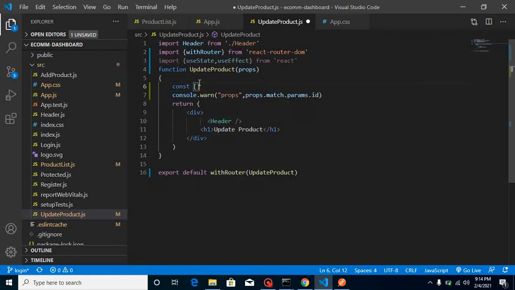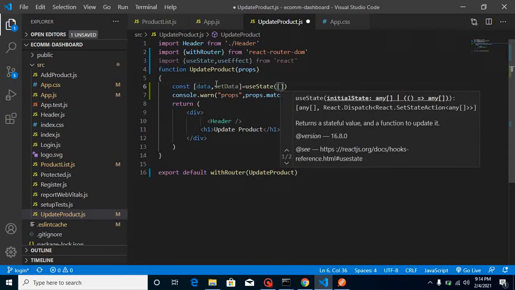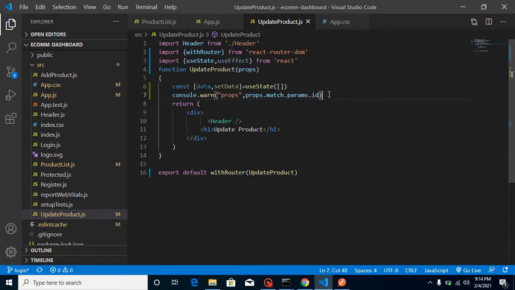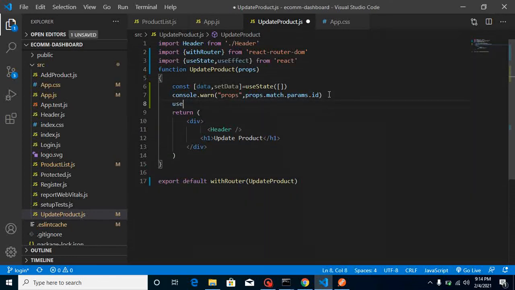So let's define state, so that we can get the data from the API and store it inside state. So let's put here data, setData, useState, and the default value can be a blank array or whatever you want. That's totally up to you, right? Now just use here useEffect,